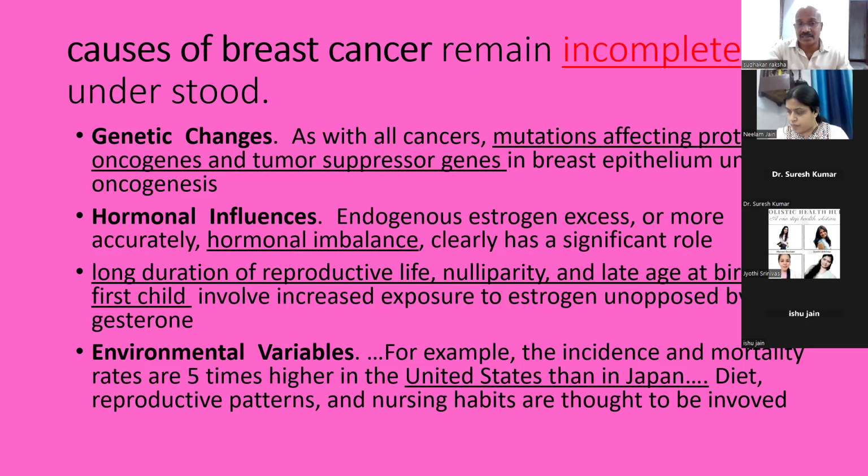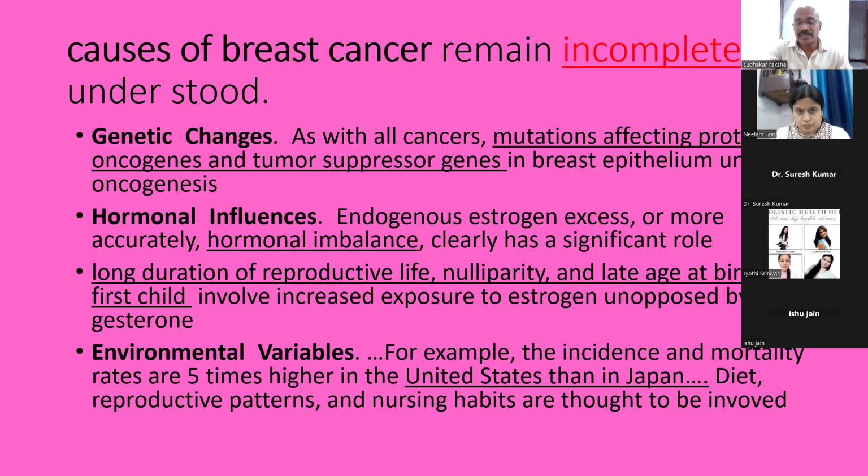The third one is the DNA repair genes. Normally whenever there is an injury, whenever there is a mutation, the DNA repair genes will try to repair the defect and save the cell. But when there is mutation in the DNA repair genes itself, then there is more development of oncogenes and tumor suppressor gene mutations, and there is development of cancer.